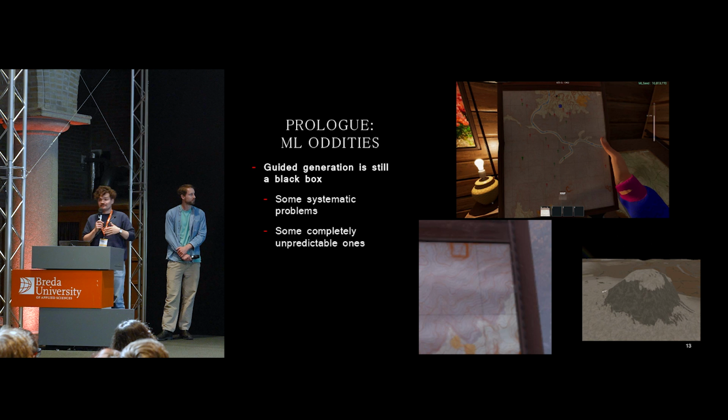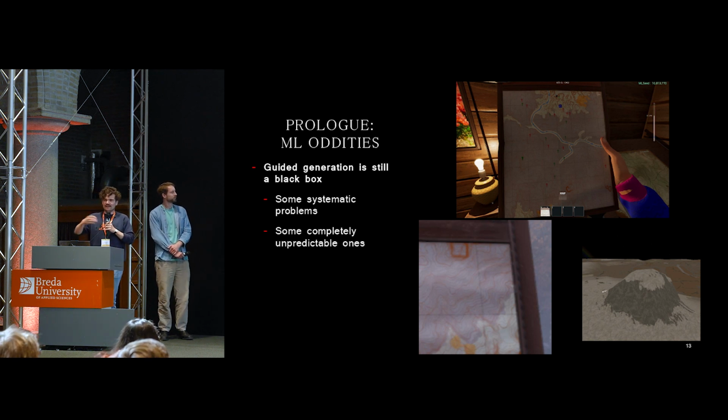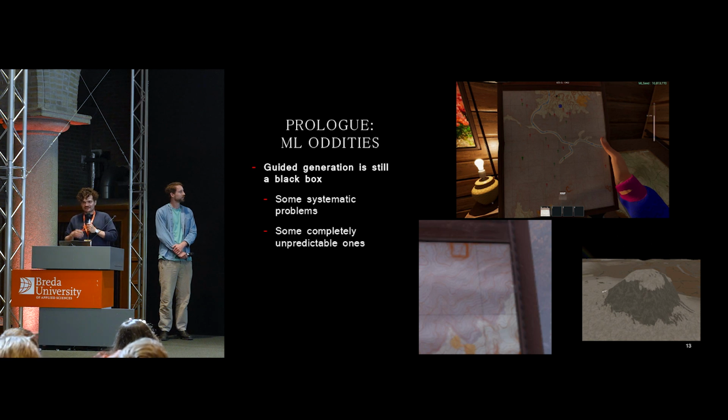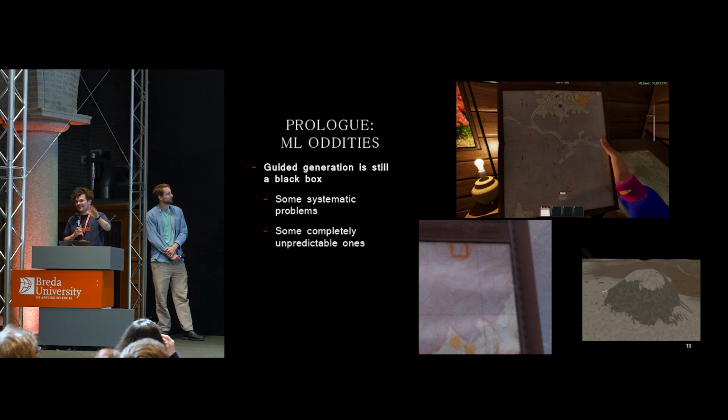But then we have these long tail problems, I think it was called earlier, that we never even predicted to happen. Once we started giving the game out to playtesters and we were having thousands of maps generated, someone screenshotted it and put it to the Discord saying, there's a massive square on my map. And my initial reaction was, that's a UI bug, you know? Somebody's just accidentally put a square icon on the map. There's no way this has anything to do with the ML because we don't have any squares in the training data. We would try to avoid that. Because the way this looked on the map, it would be like a massive obelisk in the middle of the map, which we don't have.